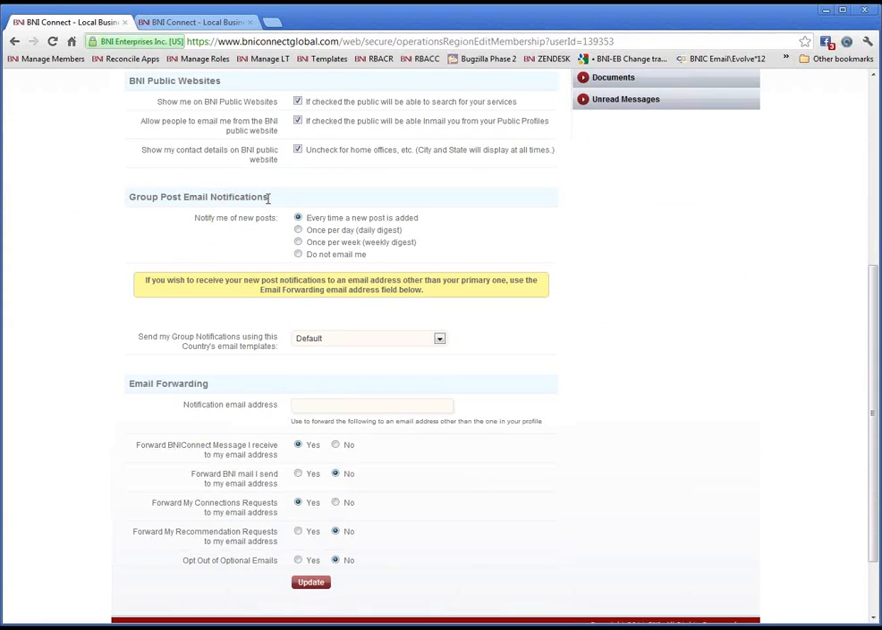And this is where you decide if you want to only be notified when you're in the system, or if you'd also like to be notified when you are logged out of BNI Connect. You have a couple of options. You can choose to be notified every time there's activity in the group, which is my preference. So this is a live dialogue. My opinion is I want to be part of that dialogue. So anytime that a post happens, I'd like to know about it